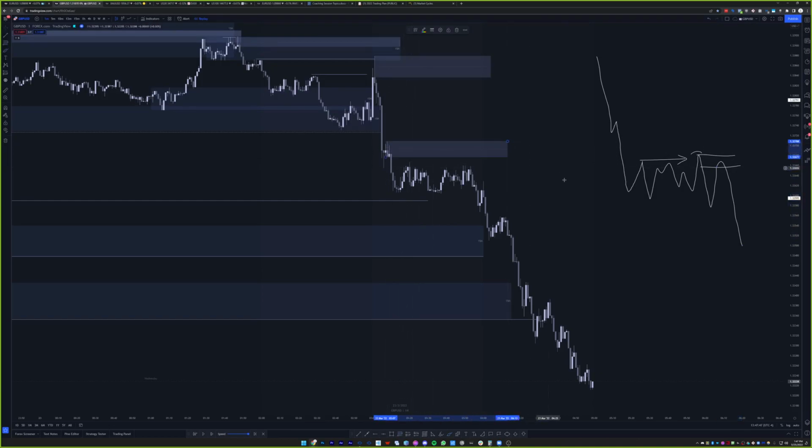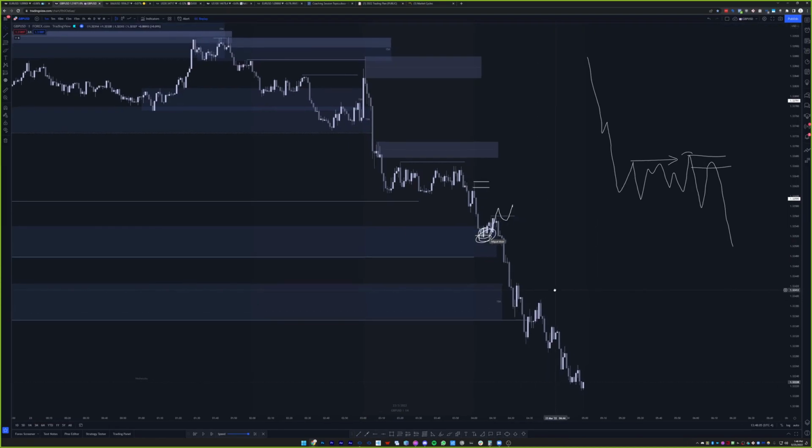The only thing that I don't like really here is that I would pay very close attention to this level. Oh, because of the CPB. You don't know if this is gonna hold, right? If this started to demand being respected, I would close my trades. Else, I know that this is gone and this is gone because of the 15 minutes.